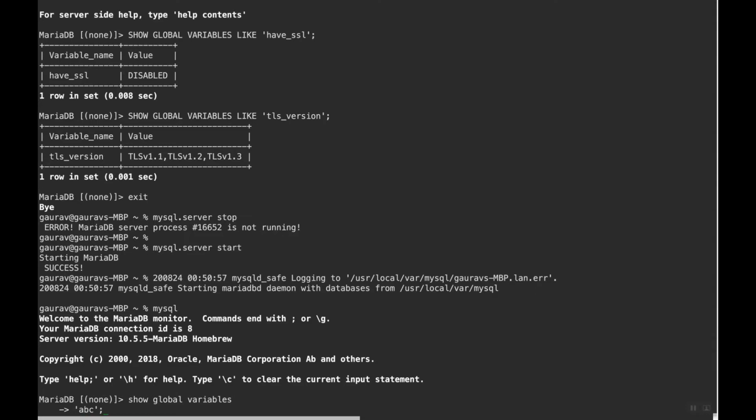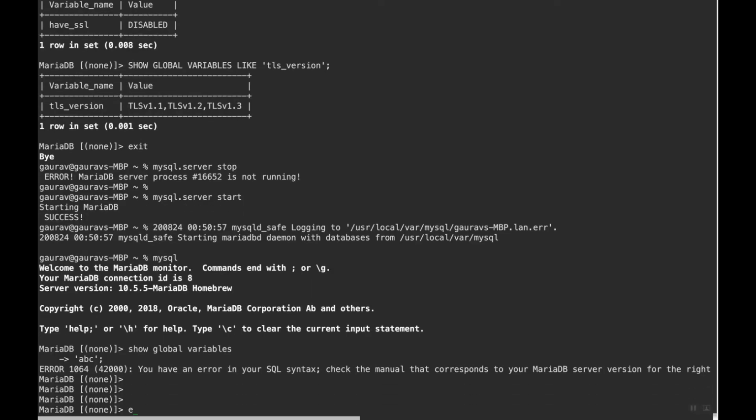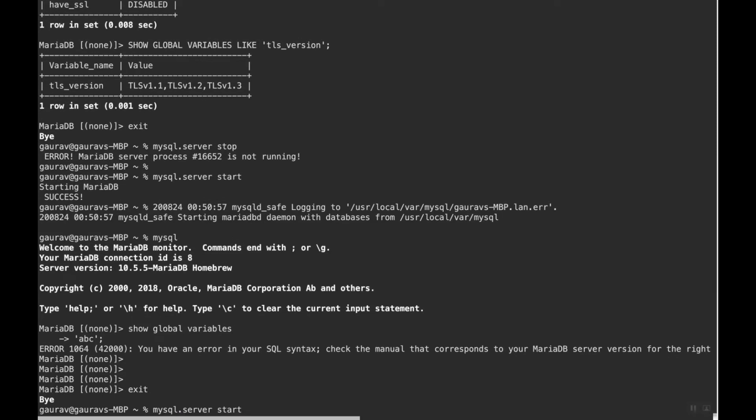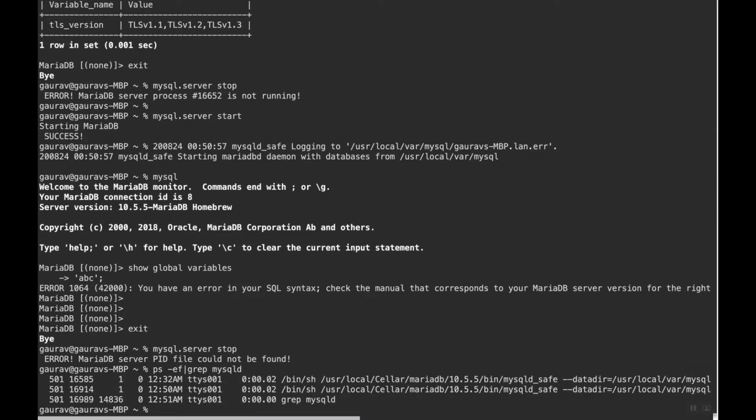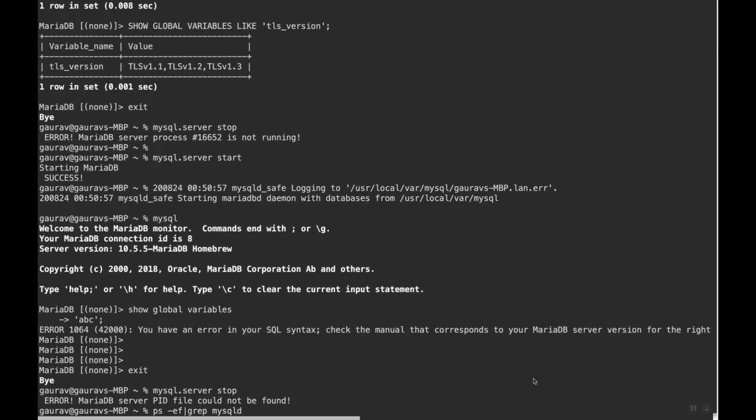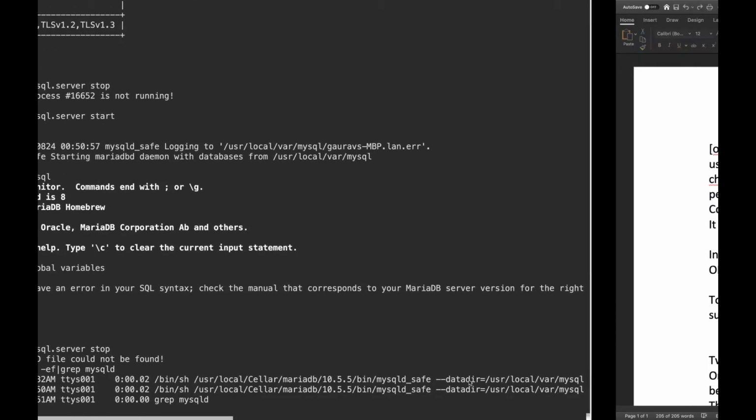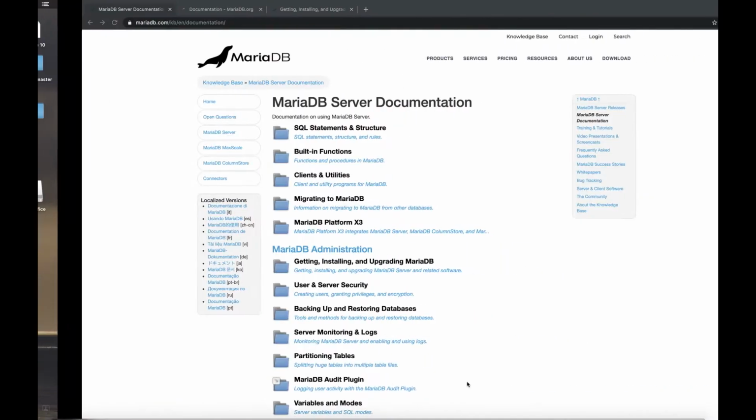I don't know the commands and all, but let's see. Okay, let's see, exit, and then bye. The point is, when I do an exit, it automatically disconnects, and I can check here, mysqld. Okay, so it says it's still running. So internally it called this path. Okay, let it run. I think stopping is not a problem.